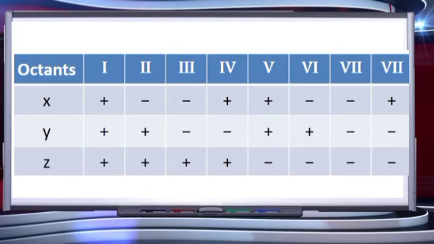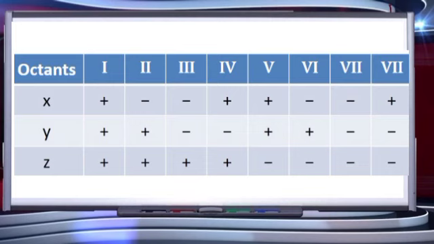Students, the entire plane is divided into 8 octants by the x-axis, y-axis and z-axis. Now in these octants, the coordinates have different sign. If all the three values are positive, that means the point lies in the first octant. And if x is negative and rest two are positive, then our point lies in the second octant. Similarly for the third, x and y are negative, z is positive. For fourth, x positive, z positive, but y is negative.